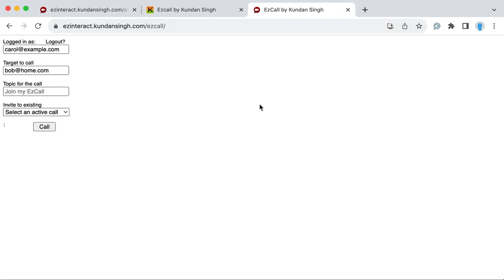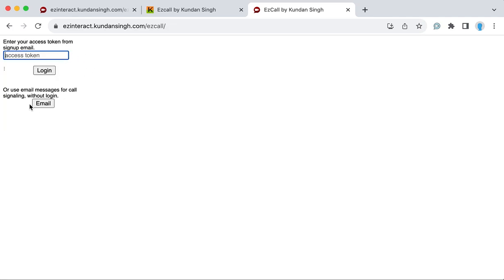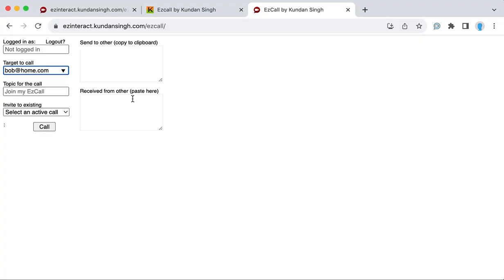One of the things that you can do here is, instead of logging in, you can use a serverless mode where you don't have to log in, by sending and receiving the negotiation for WebRTC using messaging like emails. So let me log out from here, and this option allows you to use email messages for call signaling. So the right part here allows you to capture the offer or answer negotiation message and send it via email. As an example for self-test, I'm going to just say some user saying